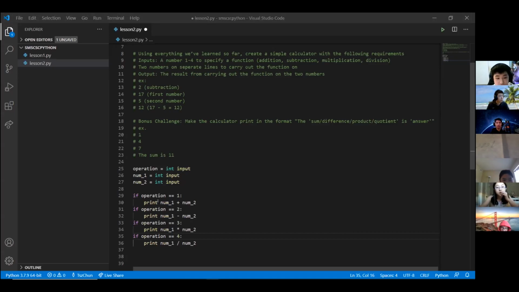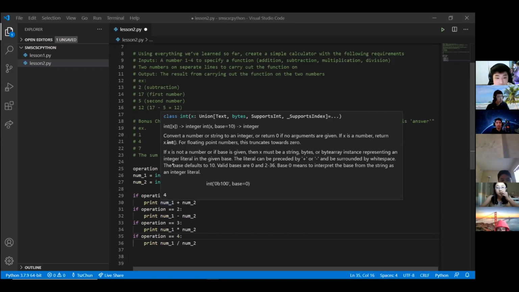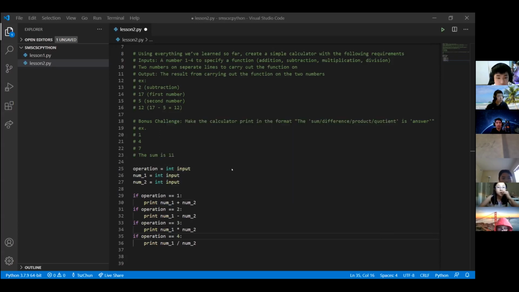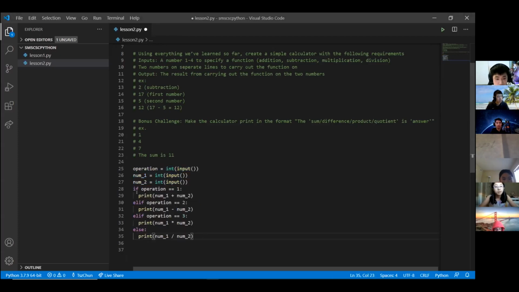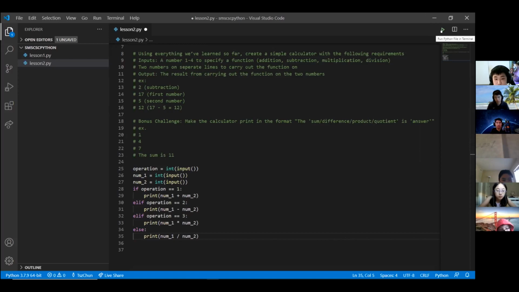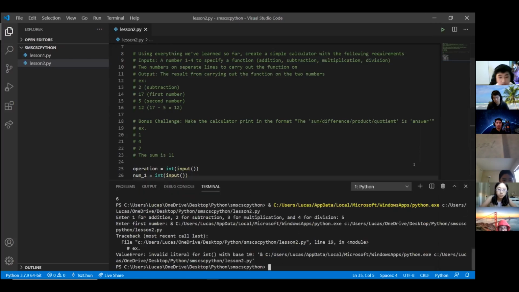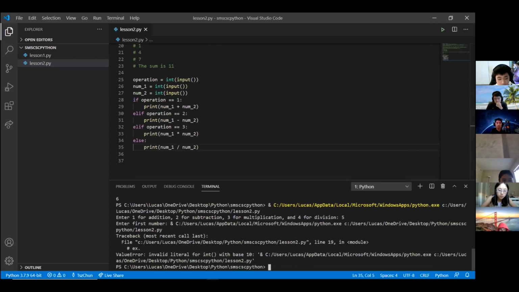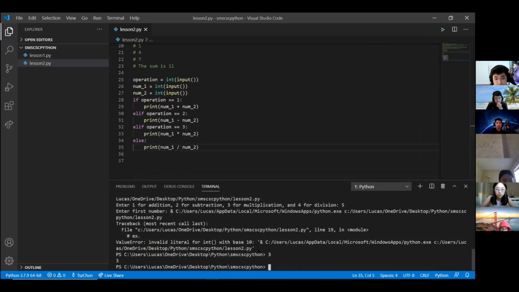Okay, so I'm just gonna go over the solution. Alright, I gotta fix the indents. So basically, what this code does, you first input an operation. So you put in 1 to 4 here, or I can just show you. Let's say we put in a number like 3. So now, wait, what's wrong here?